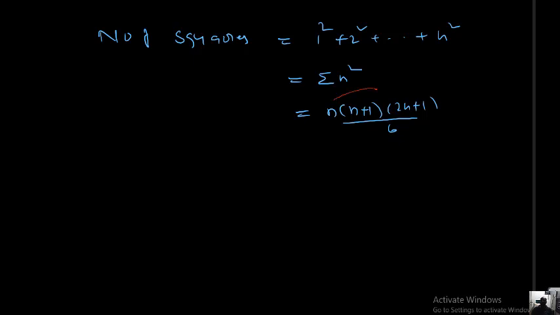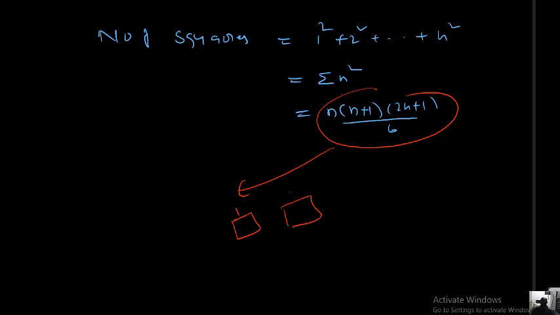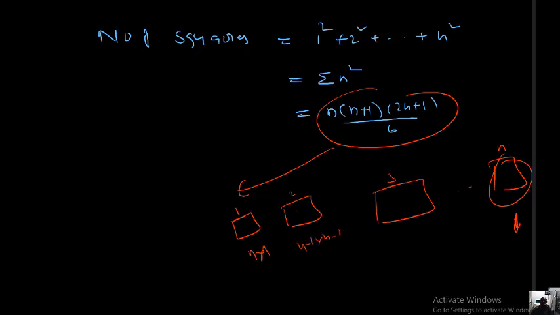Okay students, in this formula we have squares of side length 1 unit, some squares whose side length is 2 units, some squares whose side length is 3 units, and so on. Squares whose length is n unit: how many? Here 1 only. Here how many? N into n. Here n minus 1 into n minus 1, like that. So the total number of squares in that grid is n into n plus 1 into 2n plus 1 by 6. I hope people understood.